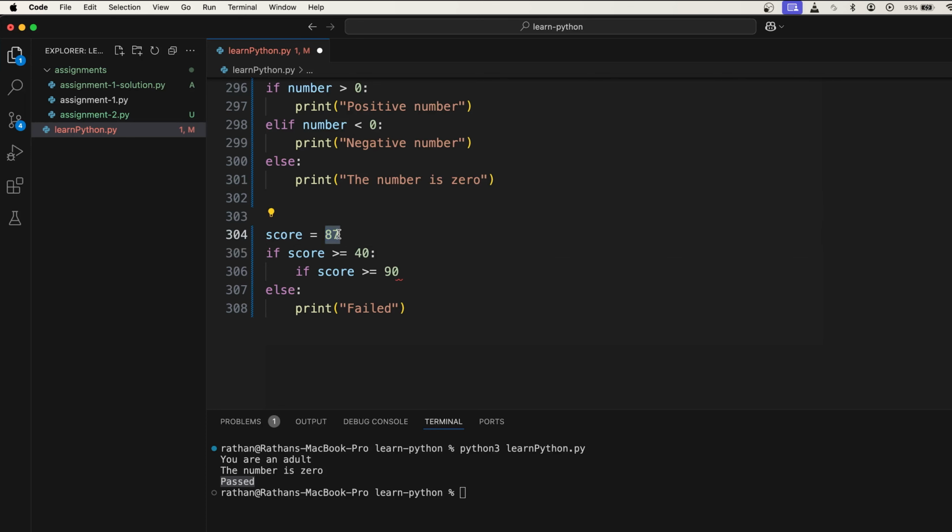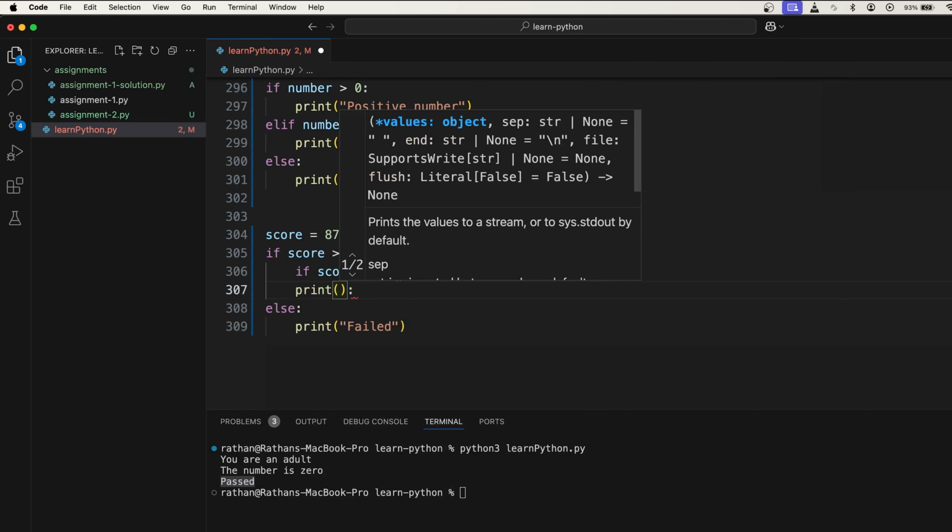We have a score 87. If the first condition is true, then the code will go inside this if condition. Inside this first if condition, we have another if condition that checks if the score is greater than or equal to 90,